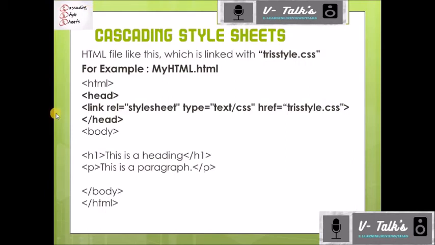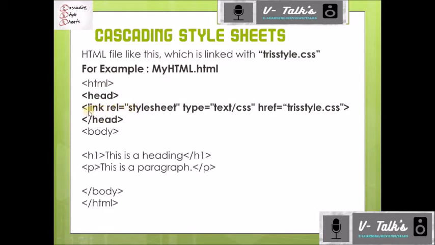So this is an HTML file I created. Here you can see the normal HTML tags, everything started. Then inside the head tag, you can see I added a new tag. Usually the title tag will come. Title tag also you can add, no issue for that. Here I didn't add, that's all.